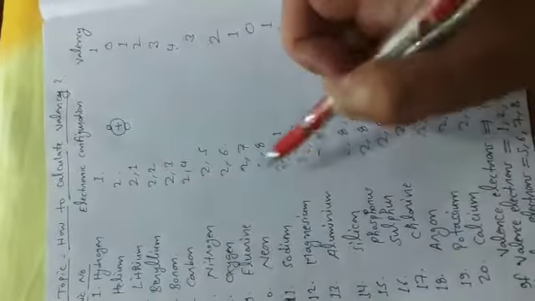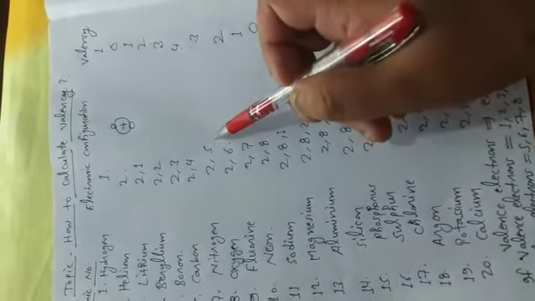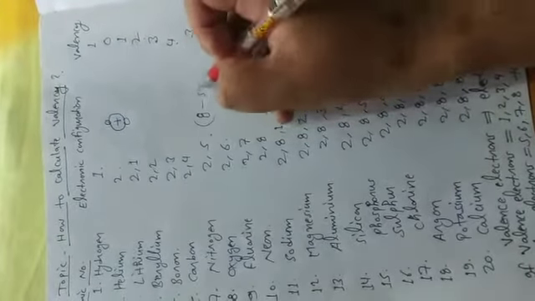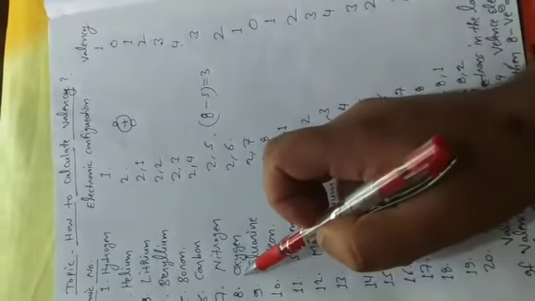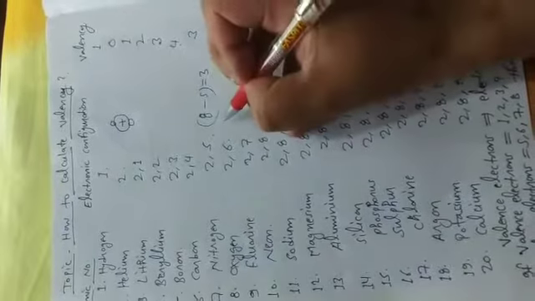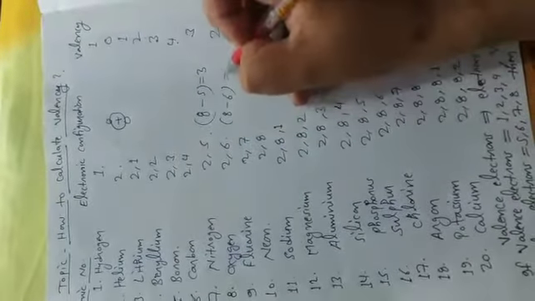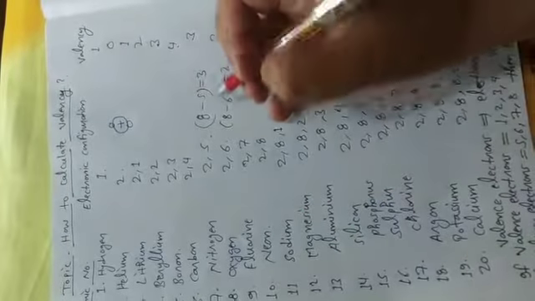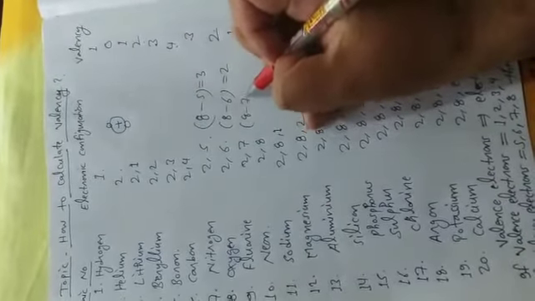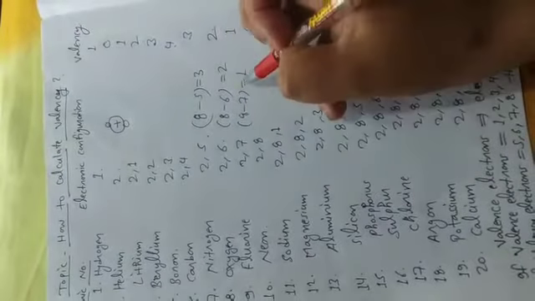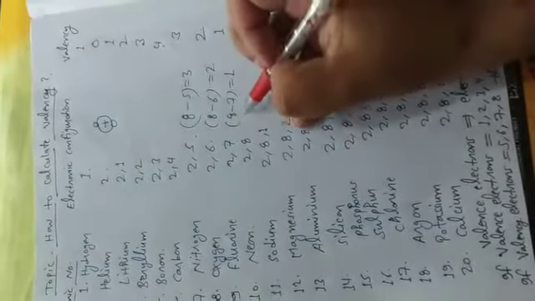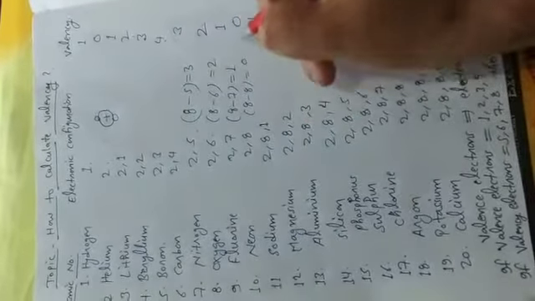Then nitrogen, in this case the valence electron is 5, so the valency is 3 because 8 minus valence electron, so the valency is 3. In case of oxygen, valence electron is 6, so 8 minus 6 is equal to 2, so the valency is 2. In fluorine, the valence electron is 7, then 8 minus 7 is equal to 1, so the valency of fluorine is 1. Then in case of neon, a noble gas, 8 minus 8 is equal to 0